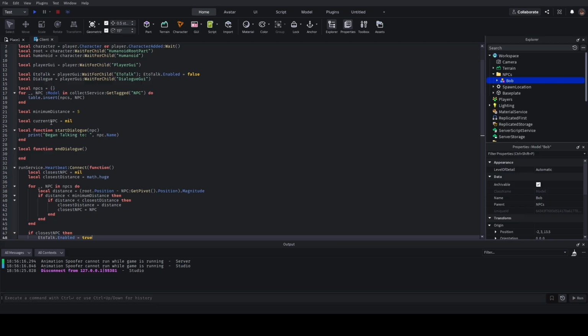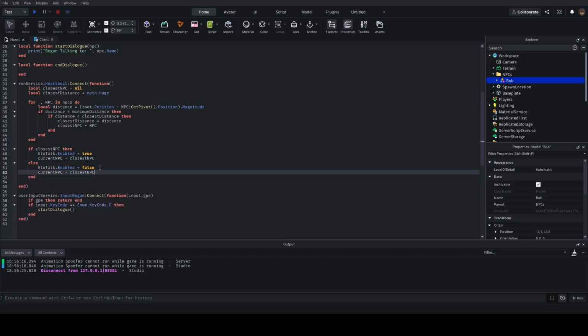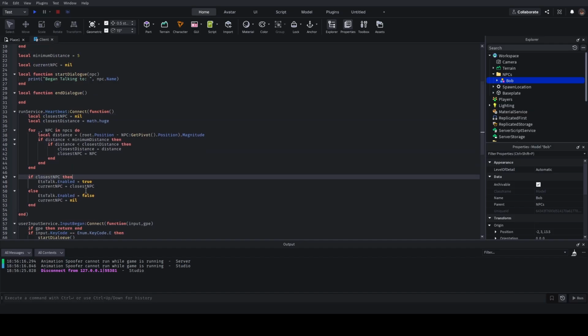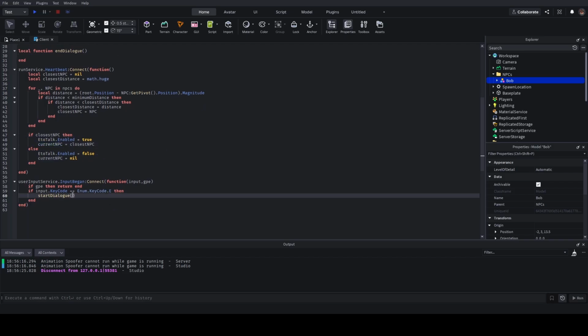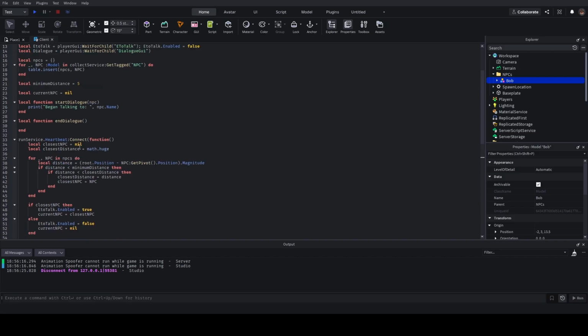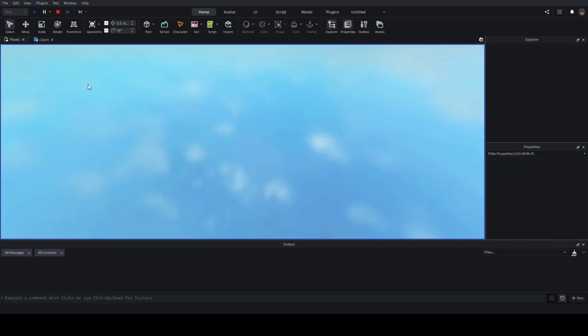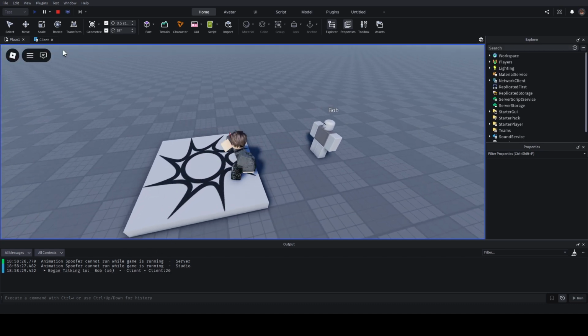Current NPC equals closest NPC, and then set it back to nil. We could actually just make this variable global, but we're going to do it this way. So make sure we have a current NPC, and it's going to give into here. So now when we try and talk to Bob,